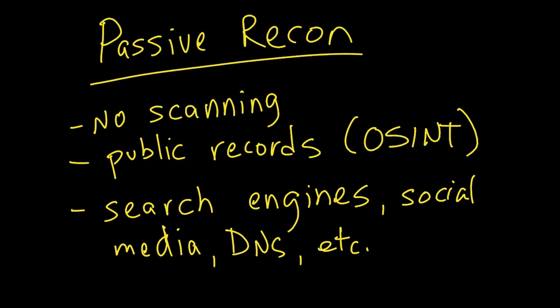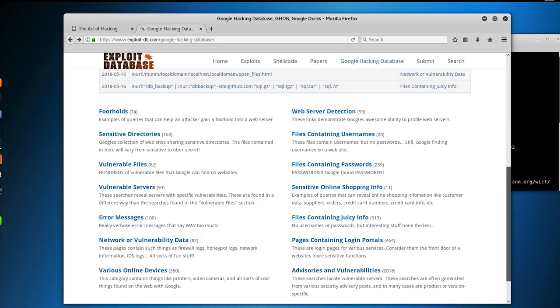Now that you know the difference between passive and active reconnaissance, let's go over how to use search engines and public information to perform passive reconnaissance. And yes, you can use search engines like Google to find information about a victim. Now, a great resource that is available on the internet, part of the Exploit Database, is the Google Hacking Database,